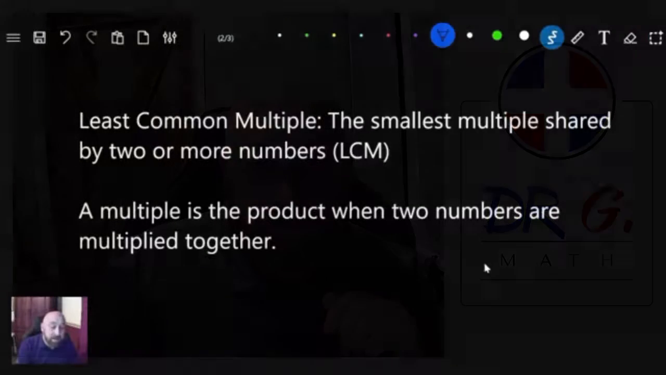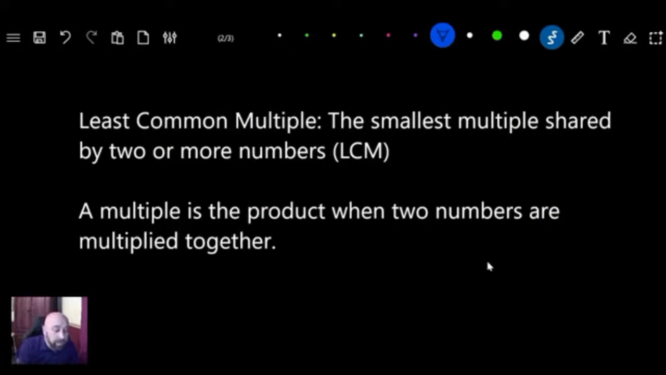All right, look down here at the screen. The least common multiple, or what we call the LCM, is very similar to the GCF, except it's different. There are differences, but it's very similar. We're going to find it almost the same way. What does it mean? Well, let's start with that. Least common multiple. What is least? Well, the least is the smallest